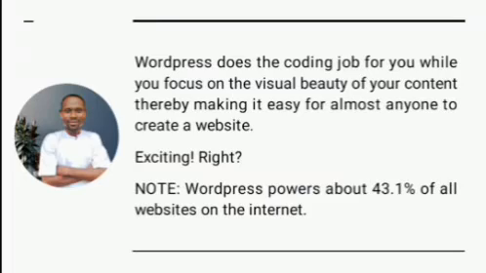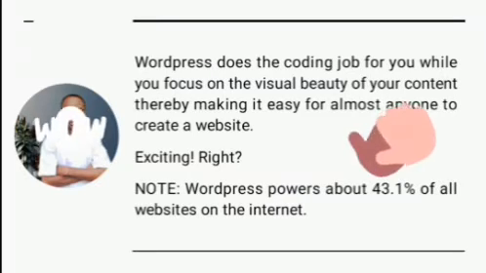So that tells you that this course you are taking is actually bringing you into a global community of WordPress developers, people who create astonishing websites using WordPress. So you are joining them. Congratulations even for taking this course.